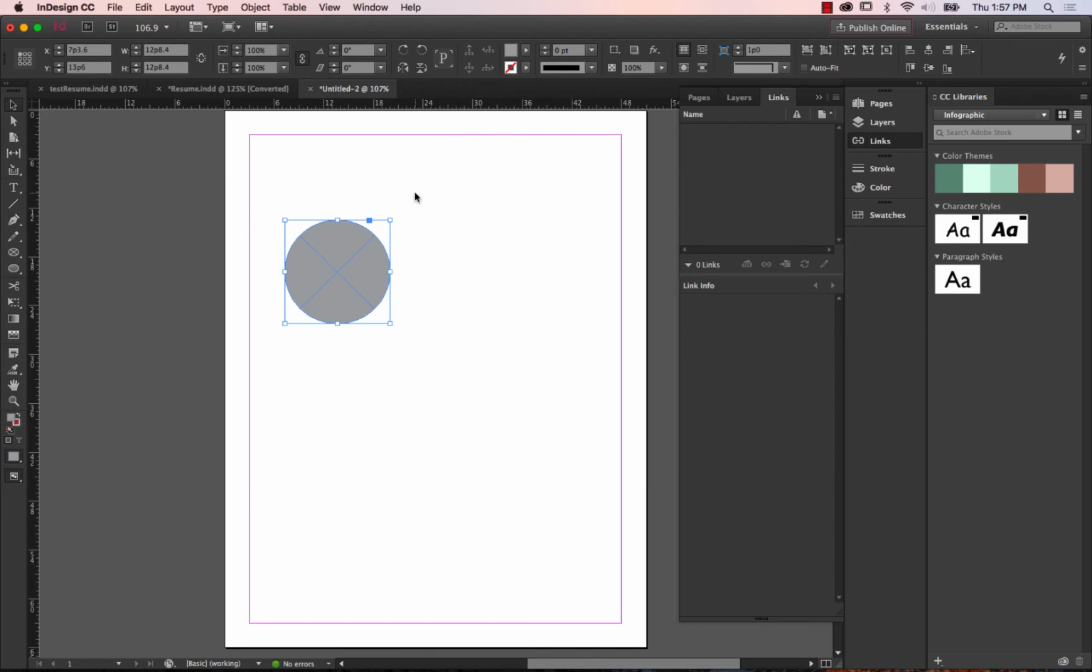Why is that important? Let's click off of this. So we're working on the document, and I'm like, oh, you know what? I want to bring that photo in here. I didn't have the photo at the time, but now I do. We will click onto that circle. So click on the circle,